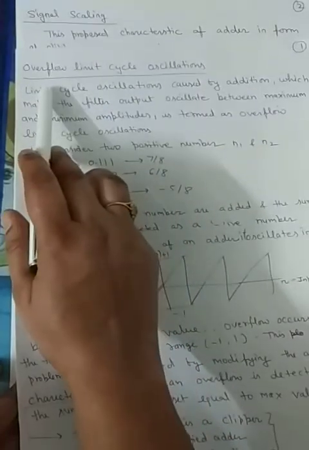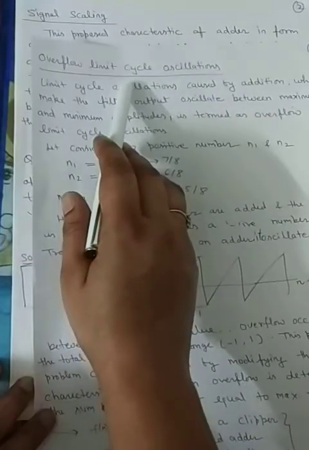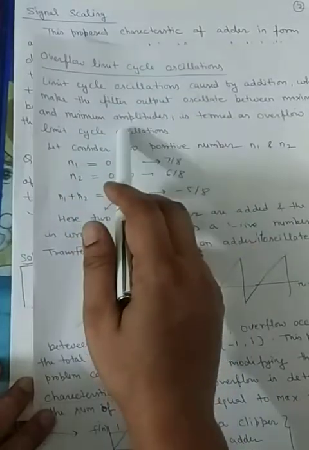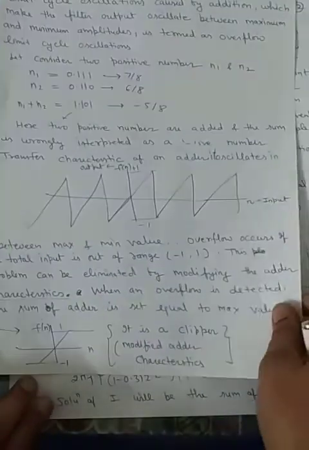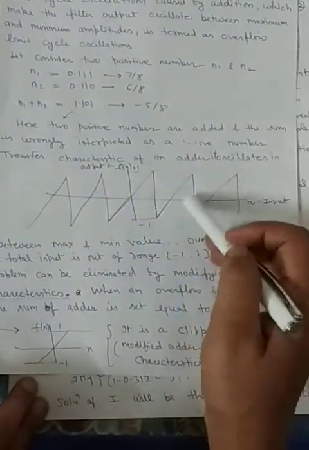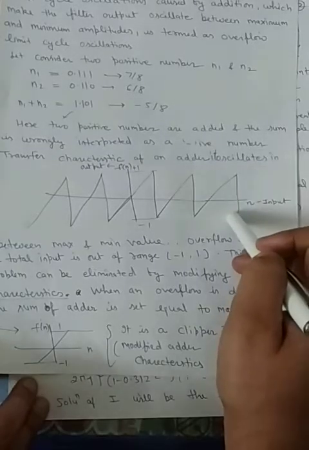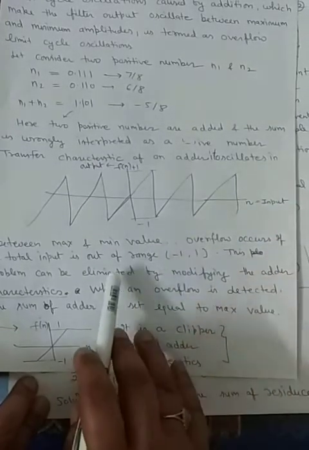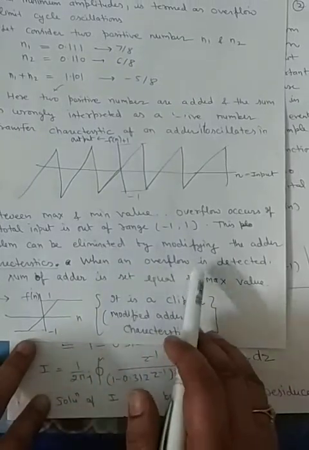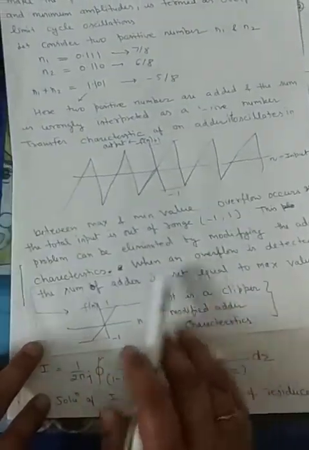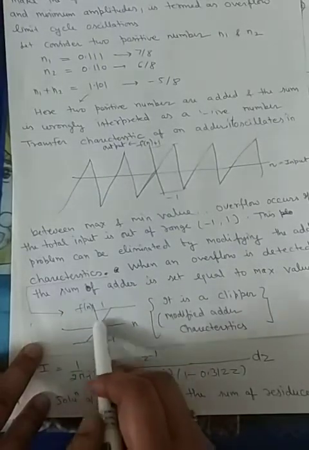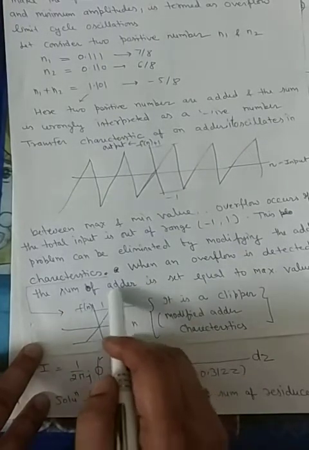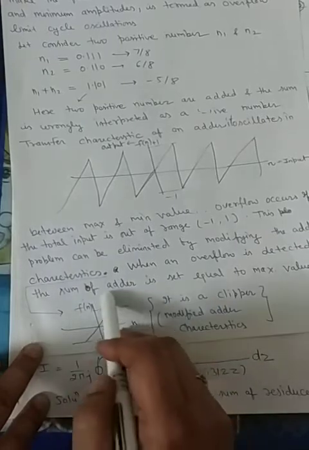As we know from the previous lecture, overflow limit cycle oscillation arises because of the overflow after adding two numbers, and because of this overflow, oscillation occurs at the output of the adder. To avoid this oscillation, whenever an overflow is detected, the sum of the adder is set equal to its maximum value. It was proposed here that the adder characteristic should be modified, and because of this modified adder characteristic,